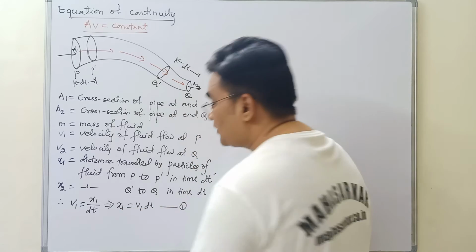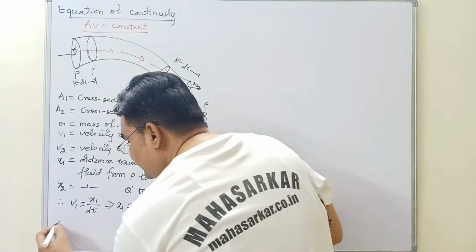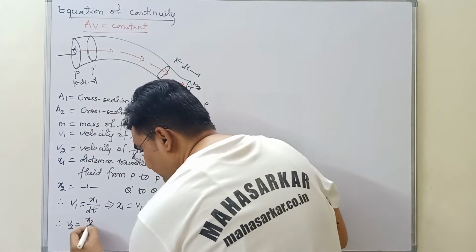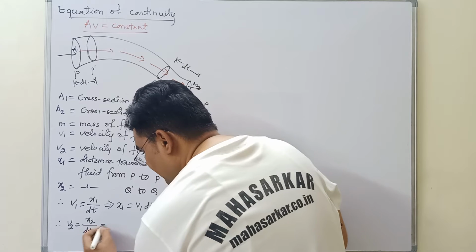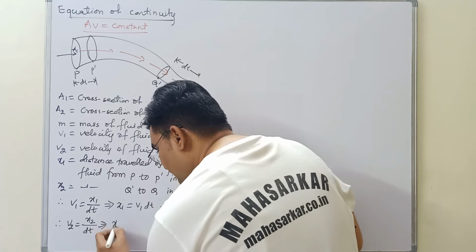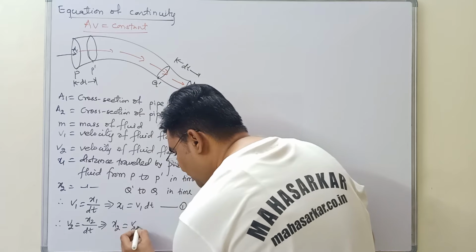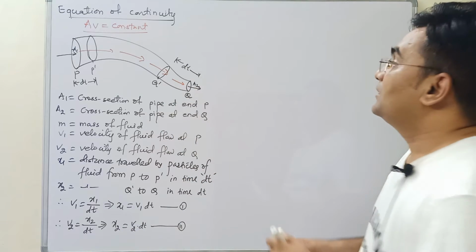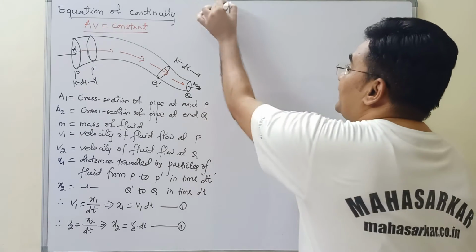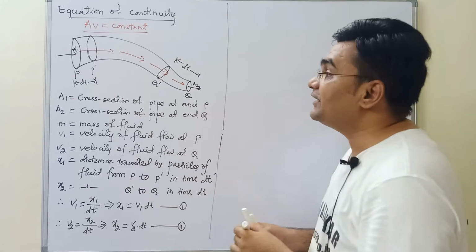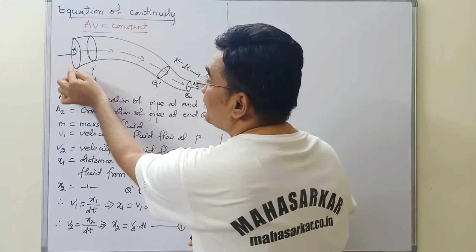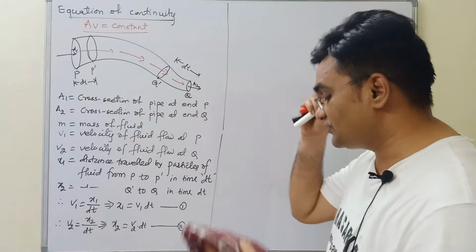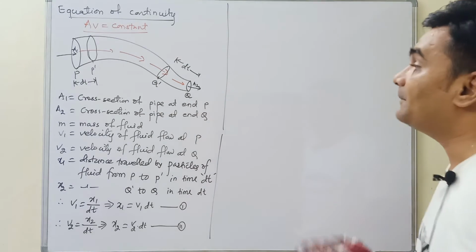Say this is equation number 1. Similarly, for v2, v2 is equal to x2 upon dt, which implies x2 is equal to v2 into dt. So this is equation number 2. Now, as I said, the mass of the fluid entering from P to P dash is equal to the mass of the fluid from Q dash to Q. So if this logic is applied there,